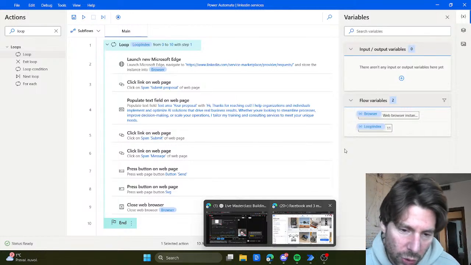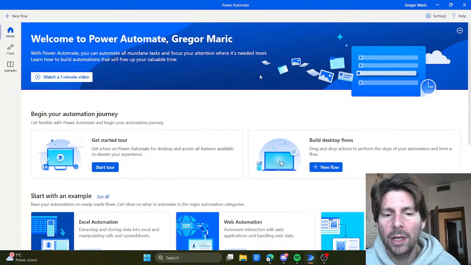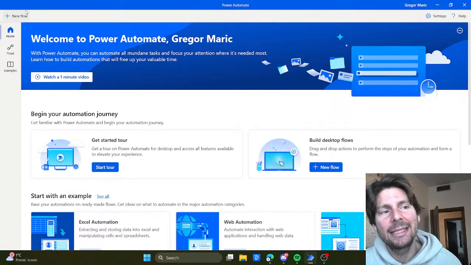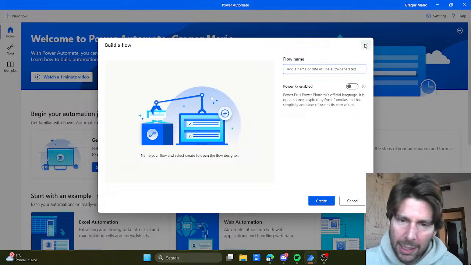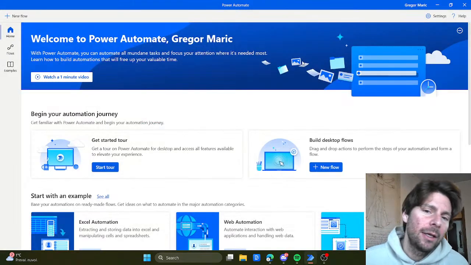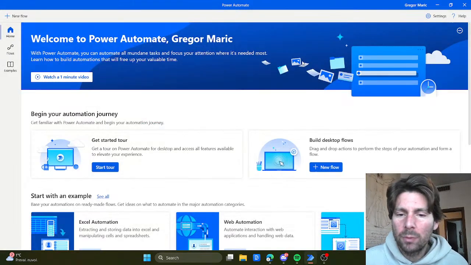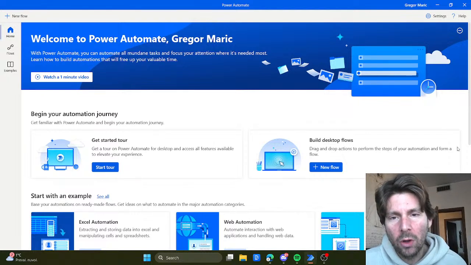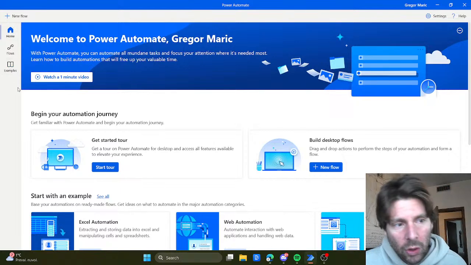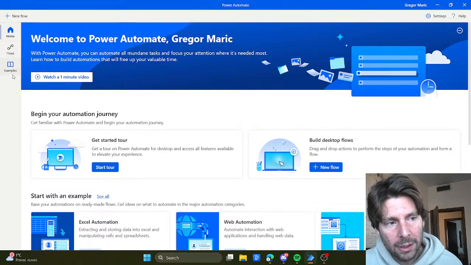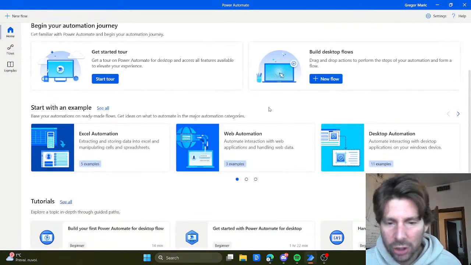But before we do that something else, let's go to Microsoft Power Automate Desktop and create a new flow. We're going to be starting from scratch, but again, let's take one step back and take a moment to absorb the new interface of Microsoft Power Automate Desktop. Now, if you're on the latest version of Microsoft Power Automate Desktop, your menu is going to be right here. So this is the major change that they have